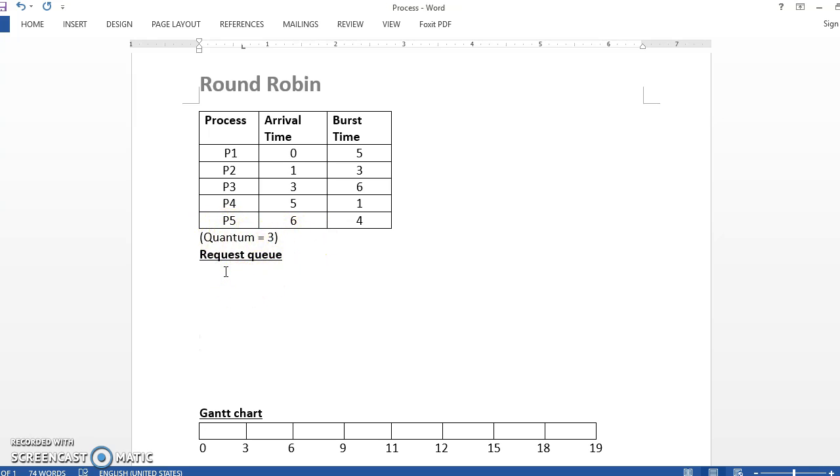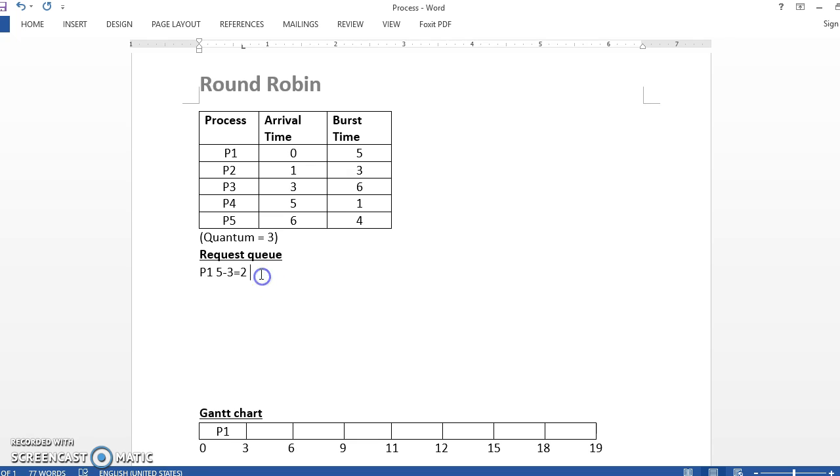Let's get started. When we have processes arriving, we have to put them in the request queue according to the arrival time. First, the process P1 arrived at 0 milliseconds. So we execute P1 from 0 to 3 seconds. Because the time quantum is 3, even though the burst time is 5, the remaining time for P1 is